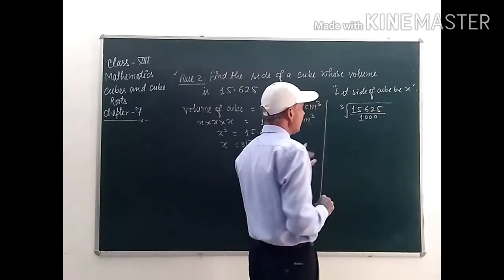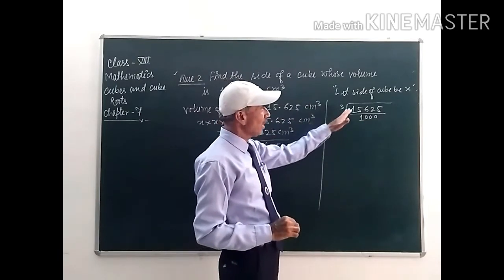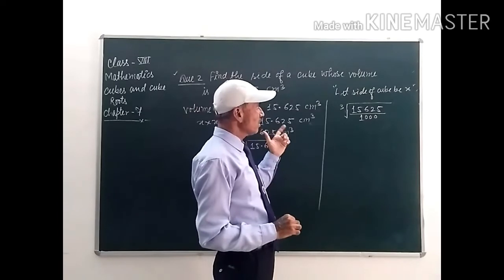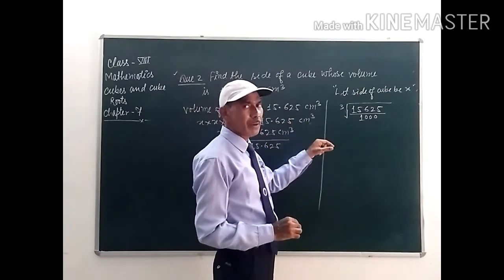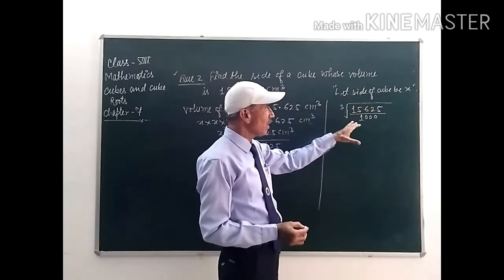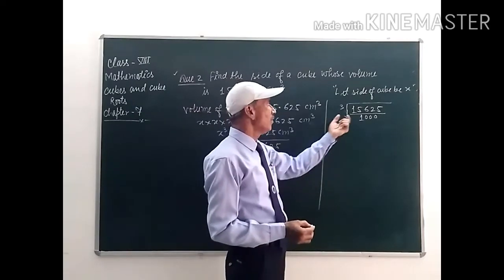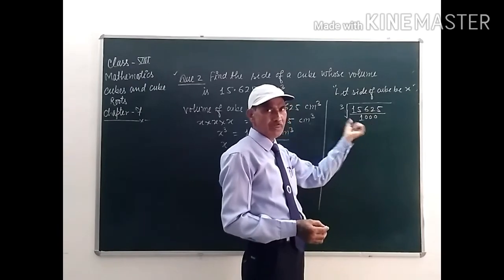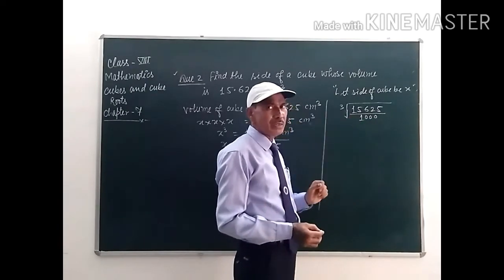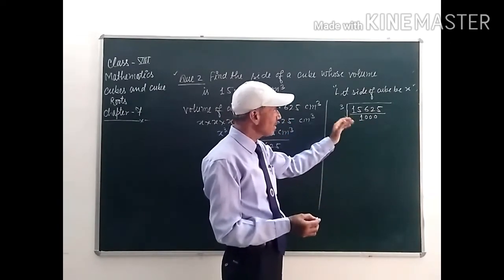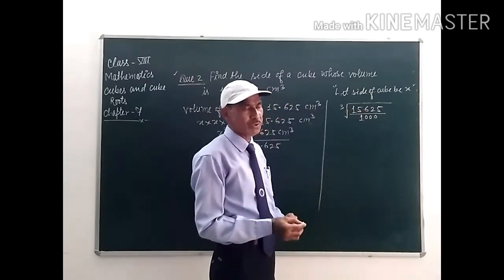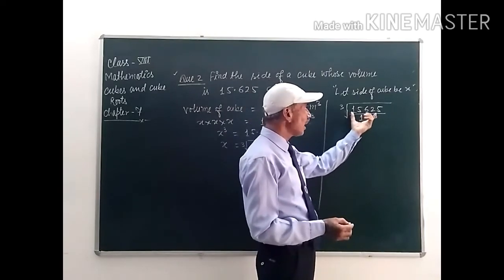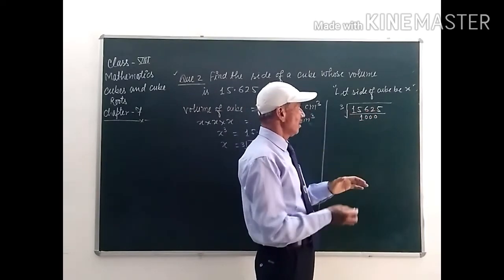Okay students, now you are going to find out the cube root of a number that is a fraction. Before this question I have explained about this type of number. How can we find the cube root of this number? We can find the cube root of the numerator first, after that we can find the cube root of the denominator, and we will divide the two cube roots. Or we can find the cube root of this number in one time.